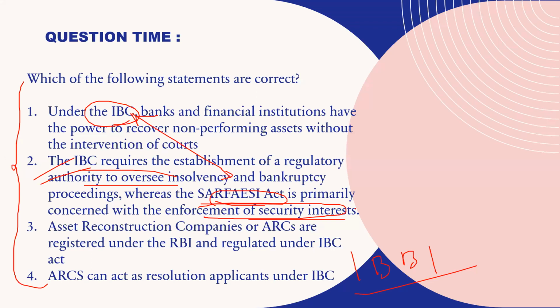Whereas there is some company, which is in some losses and all. It has taken some loan, but it is in losses. So it wants to file for some insolvency or bankruptcy. Then it comes under IBC. And there is some overlap, definitely, but don't worry about that overlap at all. Just in this way, you try to remember. Simple enforcement of security interest comes under the SARFAESI Act, whereas the resolution of insolvency or bankruptcy and all comes under IBC. So this basic you remember, and definitely in the exam they are going to ask you basics.